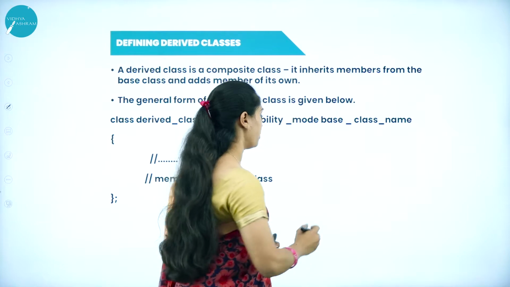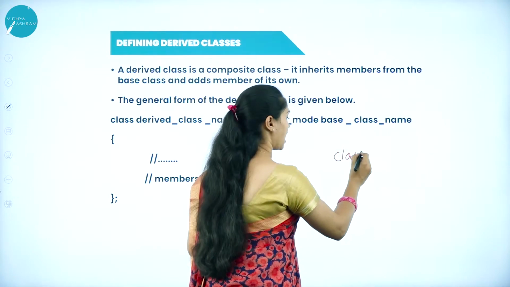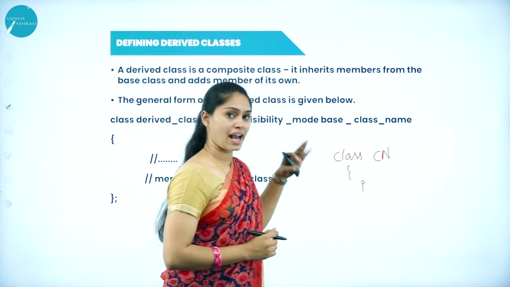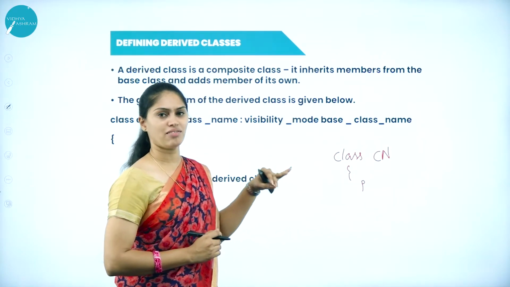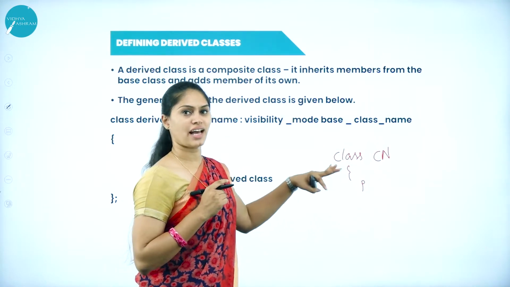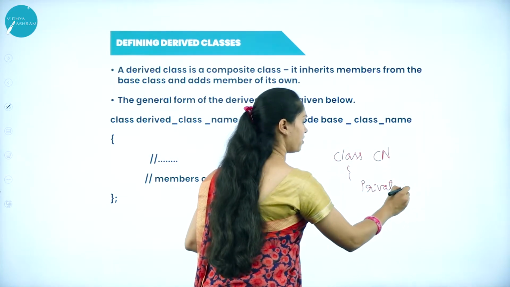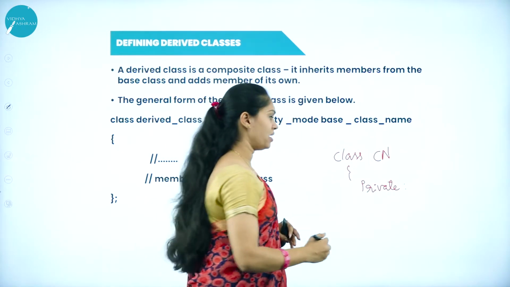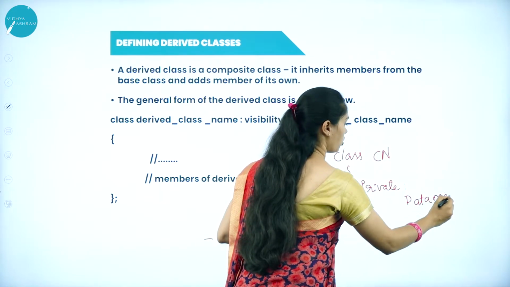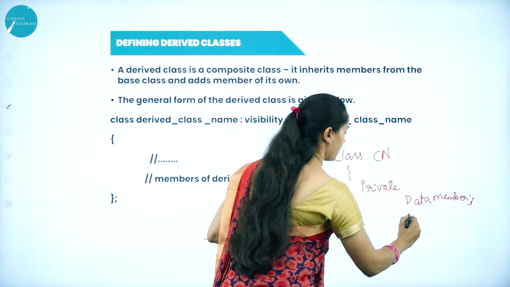Before getting into this, you must know how to create a class. How to create a class? I must use the class keyword and I need to specify the class name. Then I need to specify the access specifier. That includes private, public and protected. Based on my requirement, I need to choose any of the access specifiers. Whether it could be private, public or protected, there you are supposed to write the data members as well as the member functions. What all you have to take? Data member and then member function.